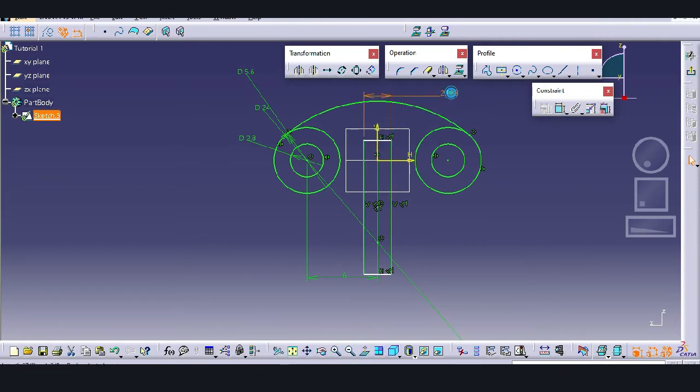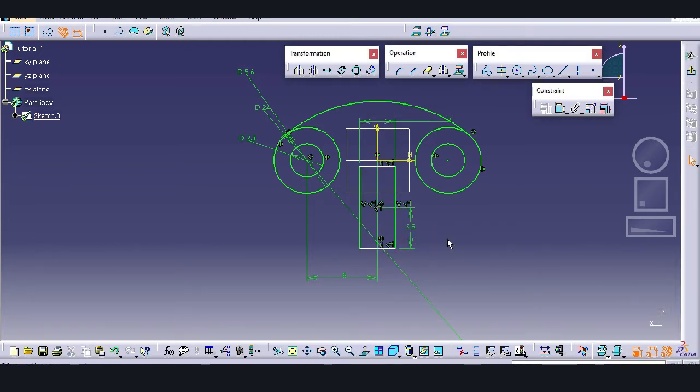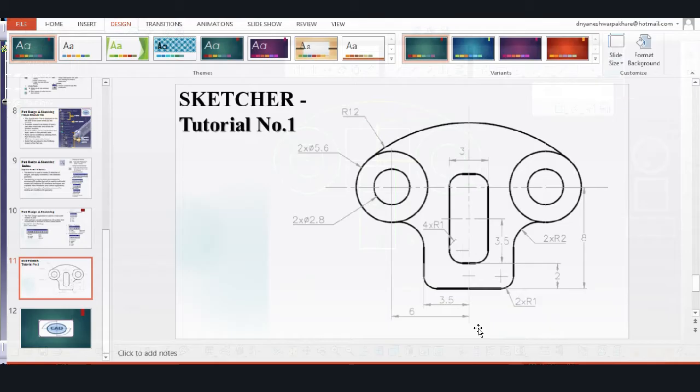So this will be the 3 mm, and from center to line, 3.5 mm. So 3.5 mm.